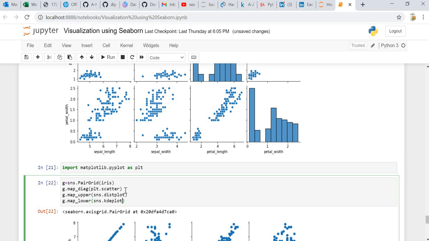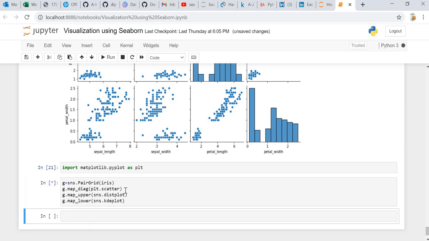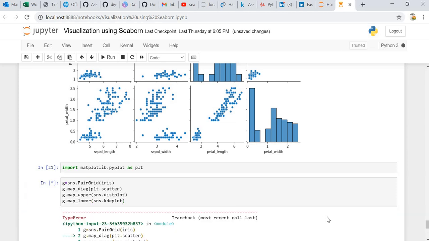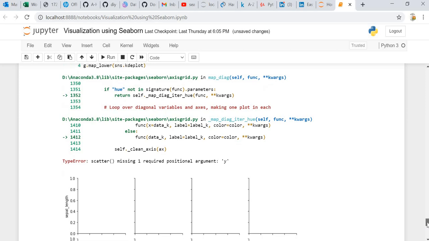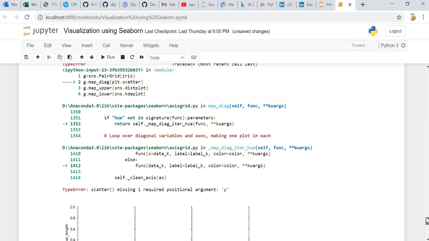So once we do that, we can have different plots for each and every aspect. Scatter is missing one positional argument y.